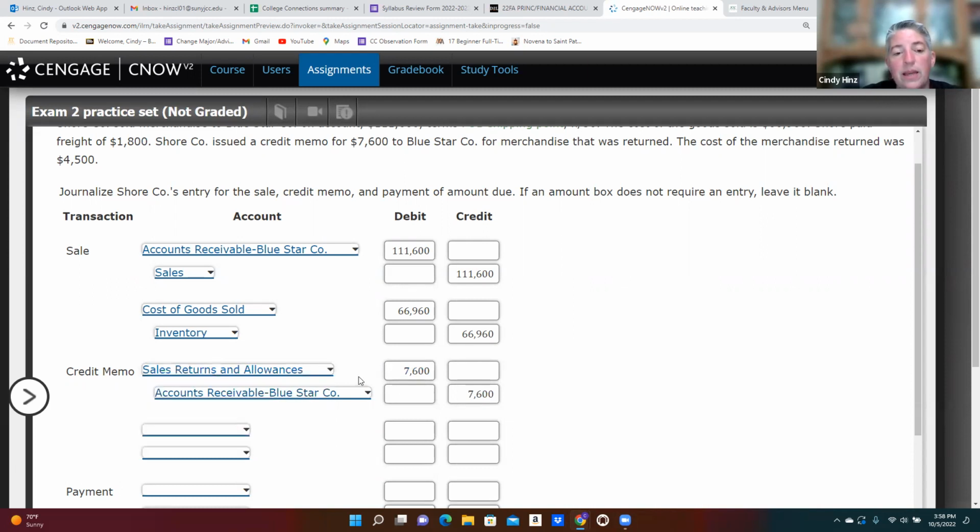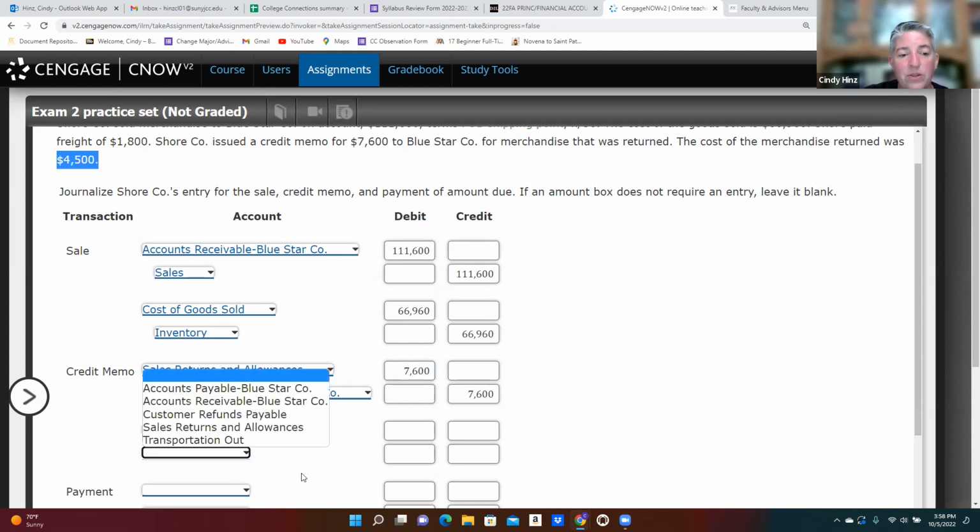We haven't seen this yet, other than in this area. So that sales return and allowance is a contra revenue account. It goes against the revenue. Because it has a debit balance, we would subtract that from our total revenues to get our net revenues or net sales. Because they use a perpetual inventory system, and it does not tell us that the merchandise was defective, we can simply add that merchandise back into our